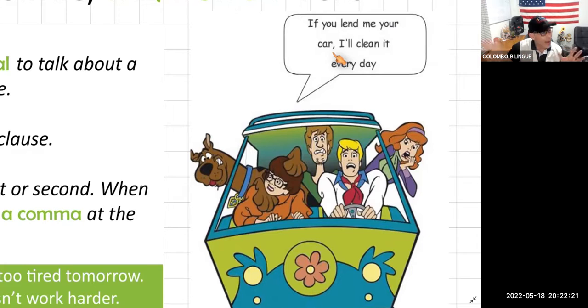I'll clean it every day. And I will fill up the gasoline tank. And I will cover any expense if necessary. Yes, that is the result if I lend my car. Okay? So maybe this is very important, because especially when people try to get things from others, you are